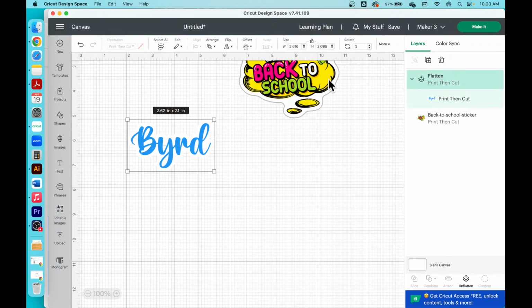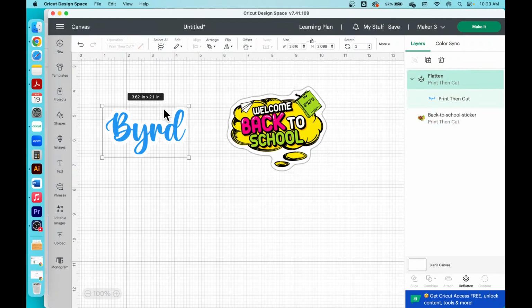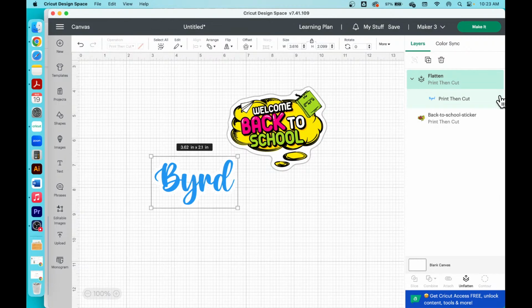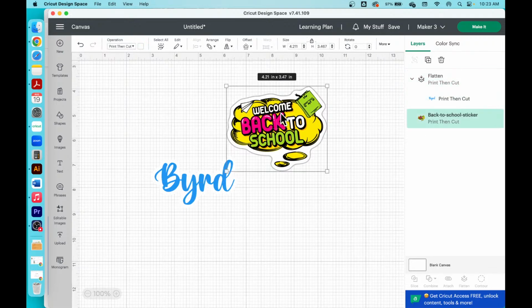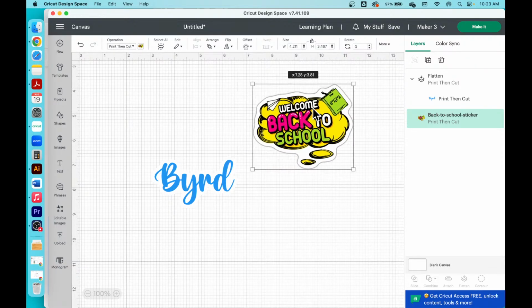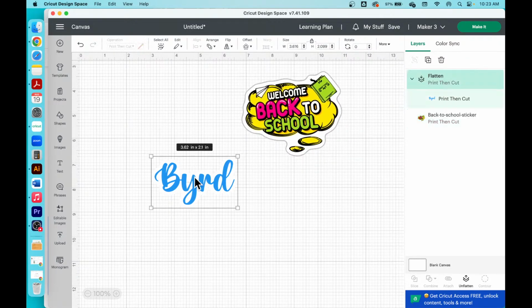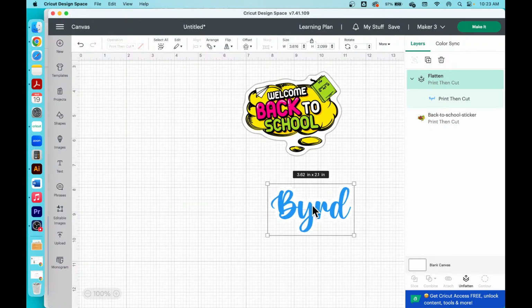So let's say that I want my bird to be magnet, so I'm just going to pull this to the side and hide it. So I'm going to turn off that eye, and so this will be my magnet. These are going to be my stickers, and now I'm going to pull in my design to make cupcake toppers, because again in this class I'm going to show you how to make magnets, cupcake toppers, and stickers. So this is going to be my stickers. My name, bird, is going to be my magnet, and now we're going to pull or design a cake topper